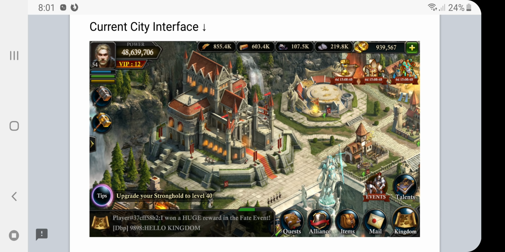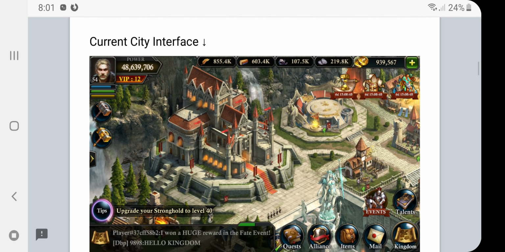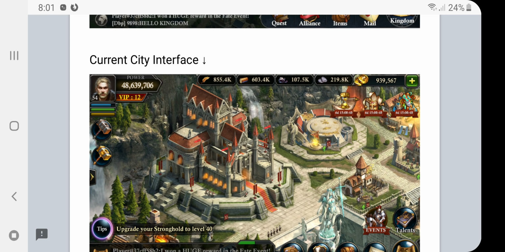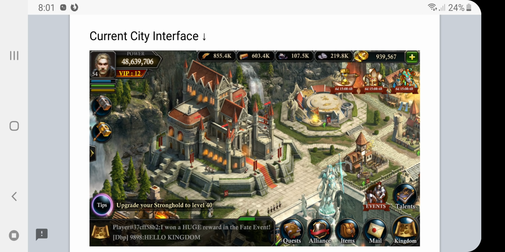Now, events hasn't always had its own button. Usually, a long time ago, events was this thing up here behind the green thing. I don't know what to even call it. I guess you call it the event center. And it probably wasn't that accessible. You had to go inside the city, click on it, and do things like this. So it was multiple steps, and it really wasn't that accessible.